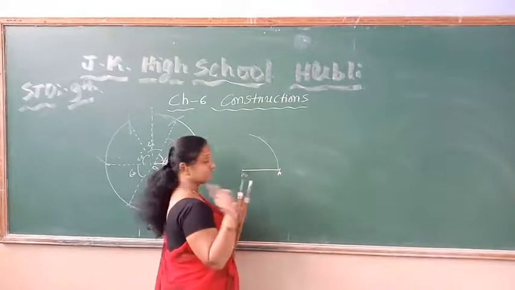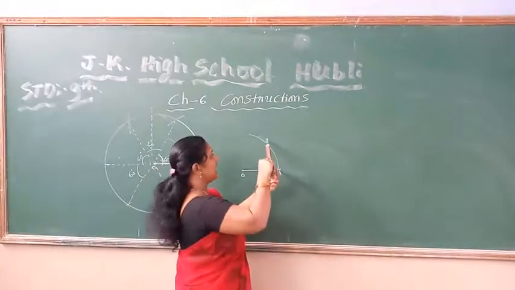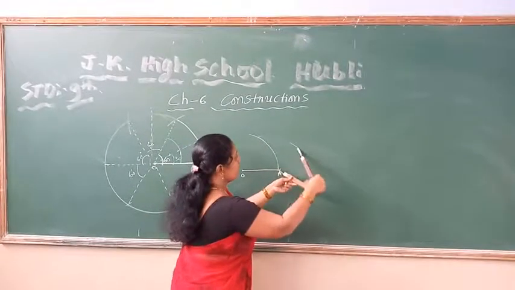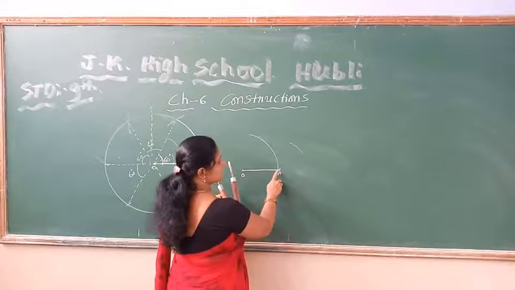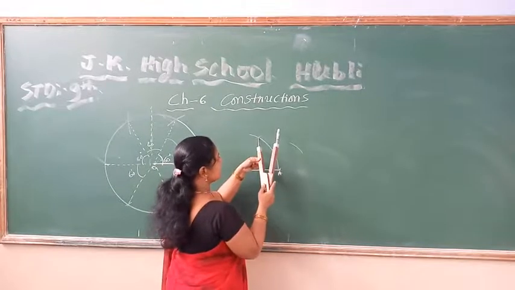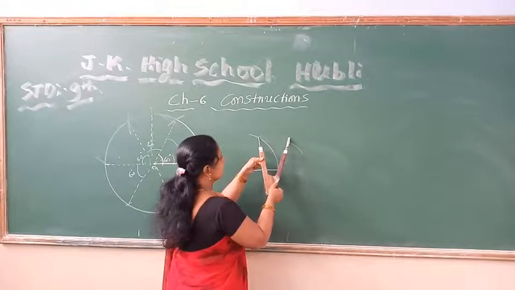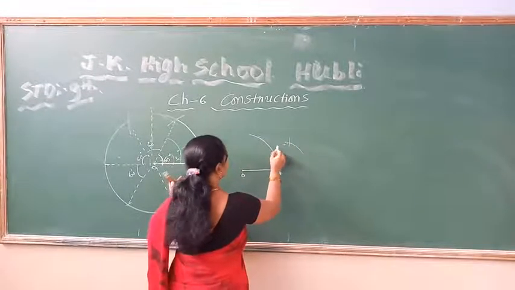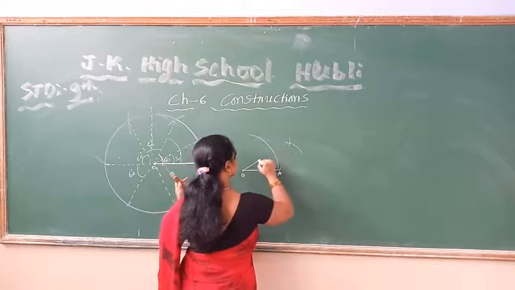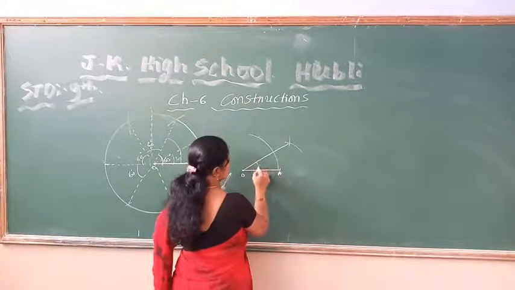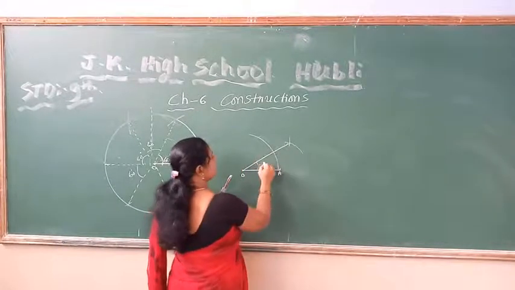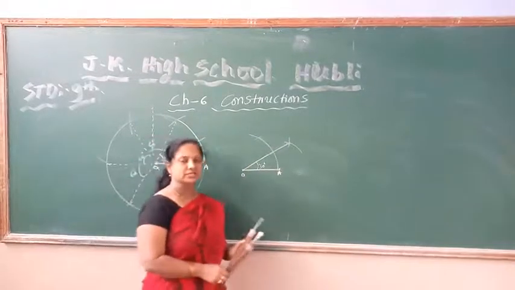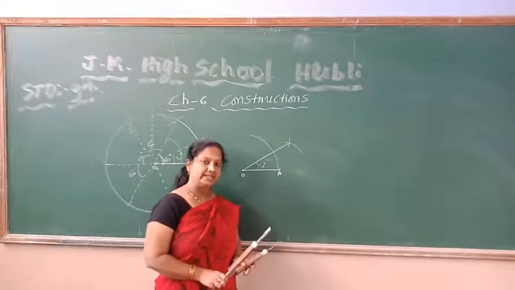You want to construct 30 degree, you bisect this arc only. More than half of this you take and draw one arc taking this A as center and cut this arc taking this as center. So now if you cut like this way and join these two, then this is 30 degree. We know now from here to here it is 60. If I construct the angular bisector for 60 degree, I will get 30 degree.